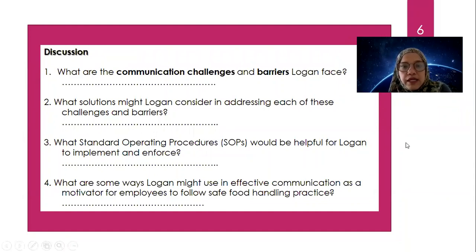What are the communication challenges and barriers Logan faces? Go through the questions, okay? What solutions might Logan consider in addressing each of these challenges and barriers? What standard operating procedures would be helpful for Logan to implement and enforce? What are some ways Logan might use effective communication as a motivator for employees to follow safe food handling practice? Okay, you can read the question once again,